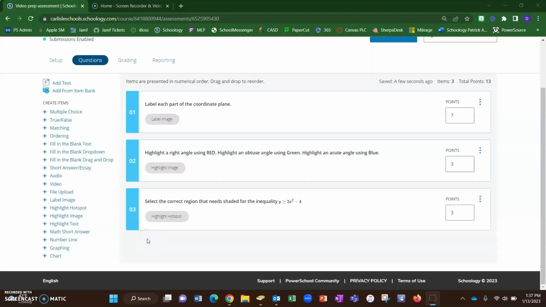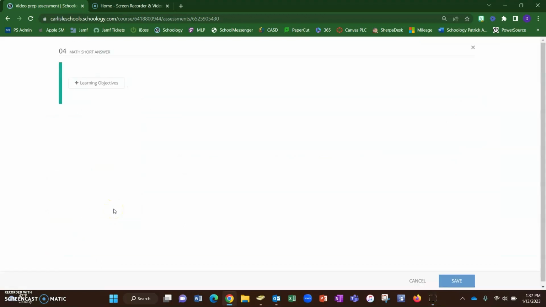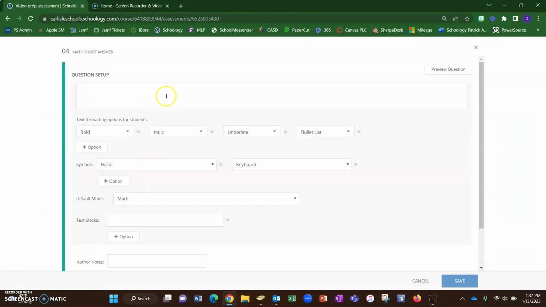In Schoology assessments, one of the more helpful question types that a math teacher might want to use is this math short answer option. This is sort of a catch-all question type. You can really have a lot of options for tools for students to type their answer with. I'm going to keep it simple for this example by having the students solve an equation for x